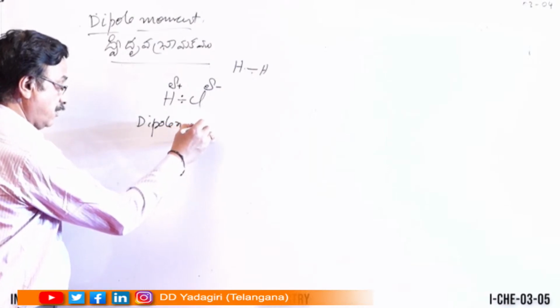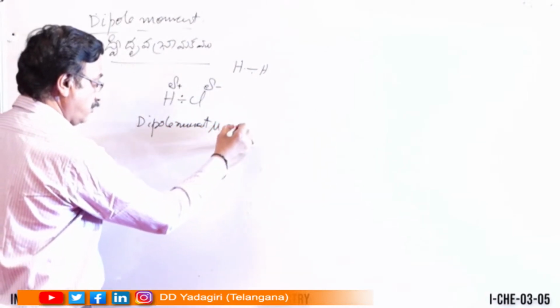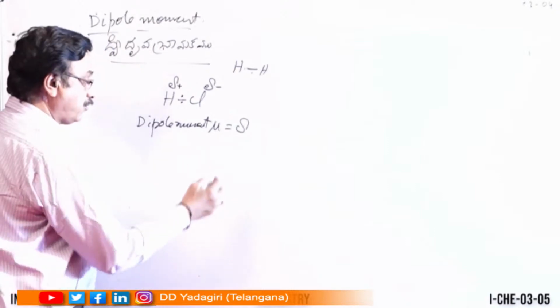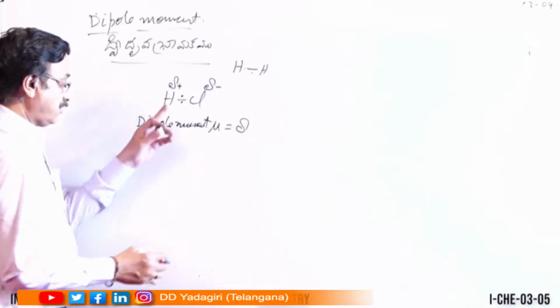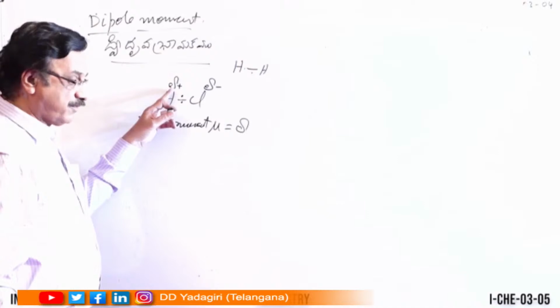Dipole moment mu is the product of the magnitude of the charge,